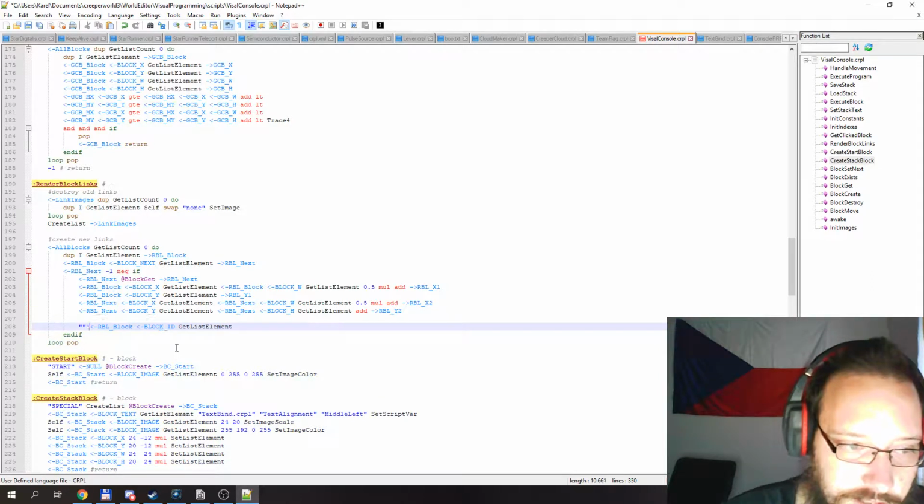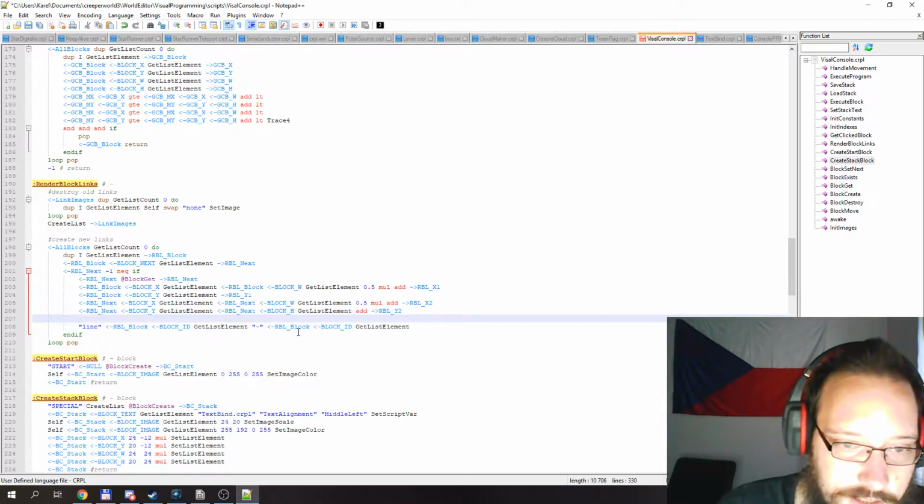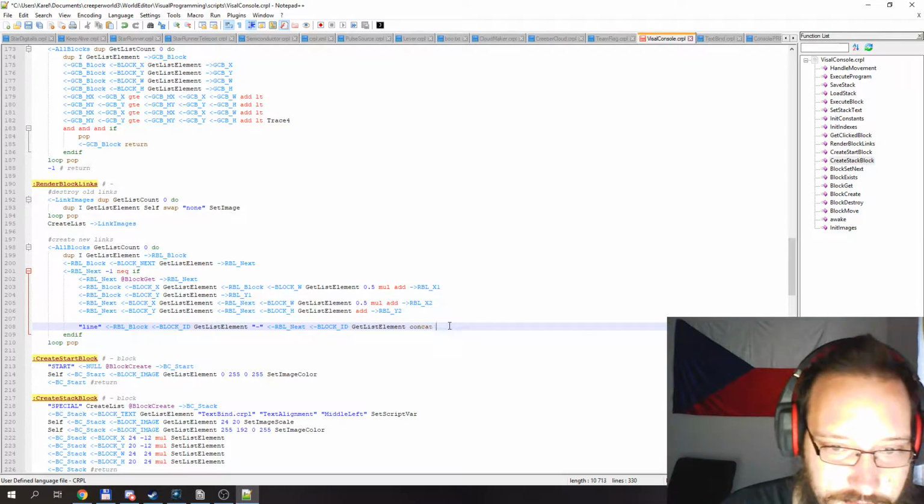So it will be named, for example, line, then the first ID, then dash. Let's hope dash is allowed in the image name. I know some image names are forbidden. For example, image name starting with a number. That's pretty unfortunate. At least I think it is. So then the next block, and that's it. So we have 4 strings. So concat 3 times. Concat, concat, concat